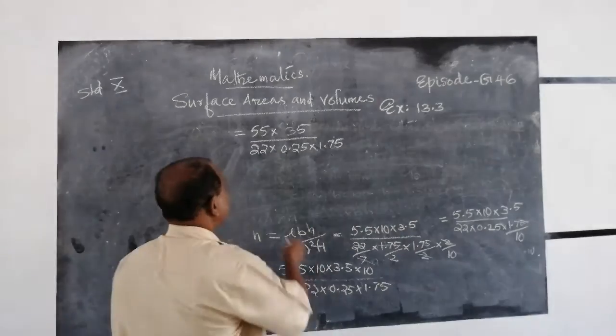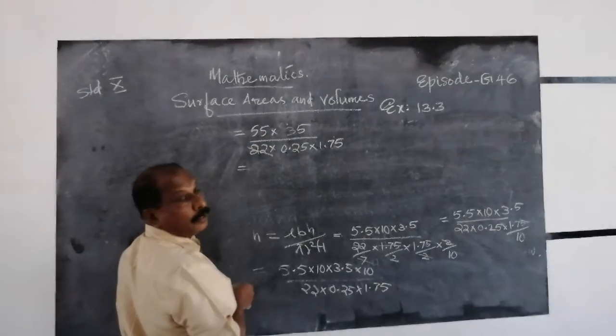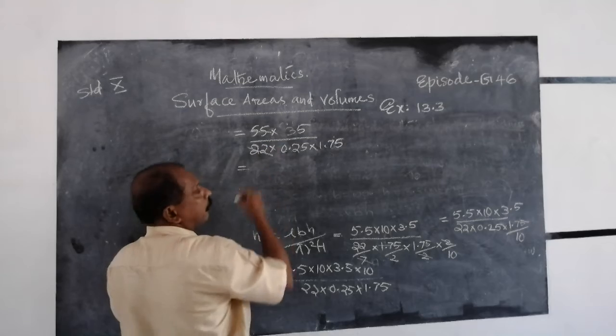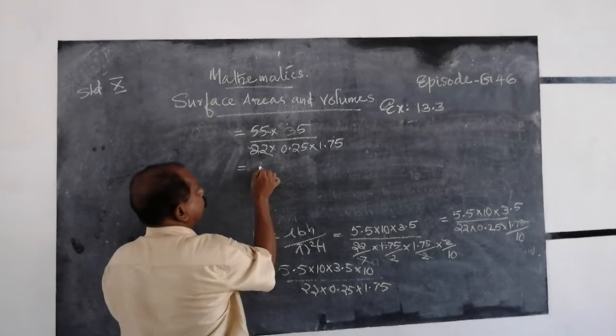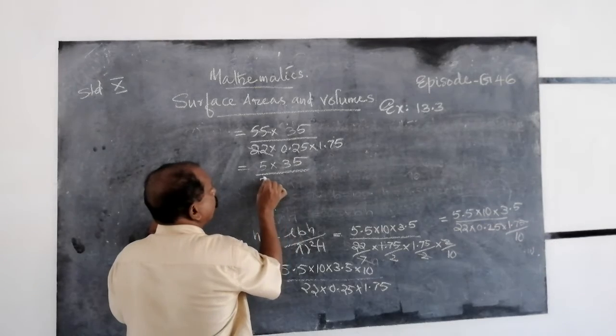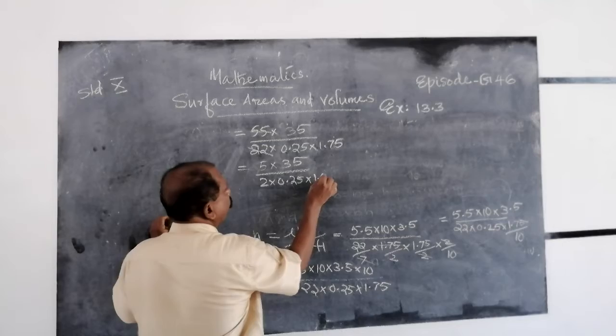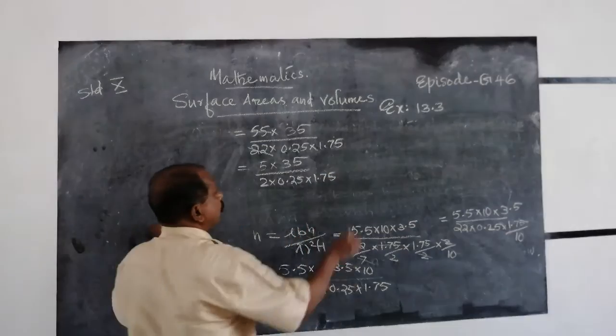Clear? That is equal to 22 divided by 11, we get 2. 55, we get 5. That is 5 into 35 divided by 2 into 0.25 into 1.75 is equal to